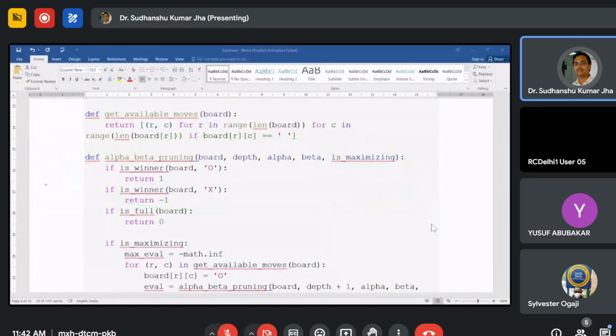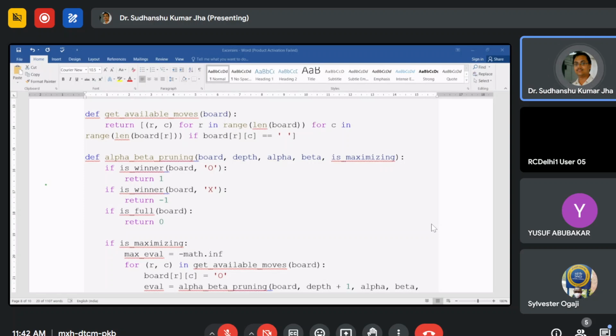Everything would be the same as the min-max algorithm we discussed yesterday. In the case of the min-max algorithm, we are going for the maximizing situation. As a player, I will always try to maximize my winning chances, and my opponent will always try to minimize my winning chances. We have seen how the leaf nodes in the state space tree hold the utility values, and